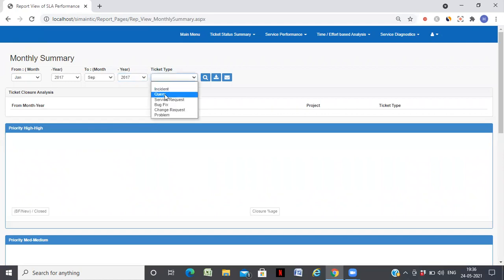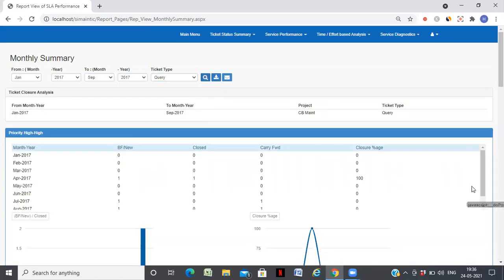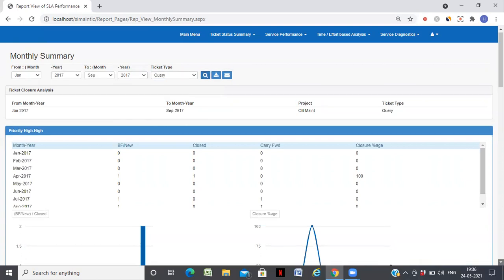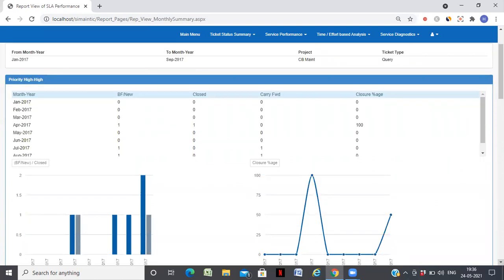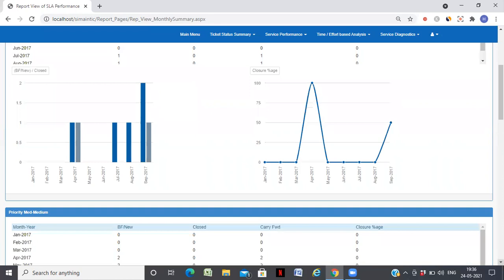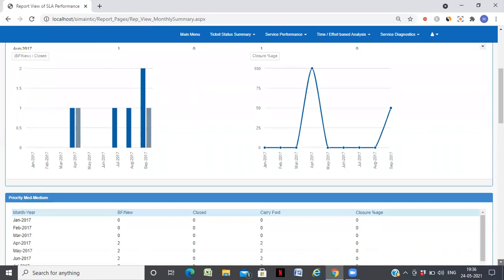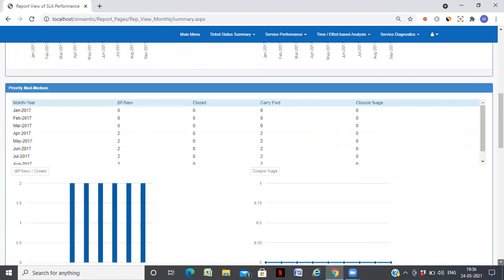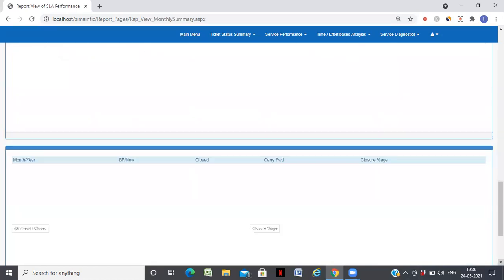Let us take query. So you can see all these: brought forward, new, closure percentage, how much it is month on month for high tickets, medium tickets, and low tickets.